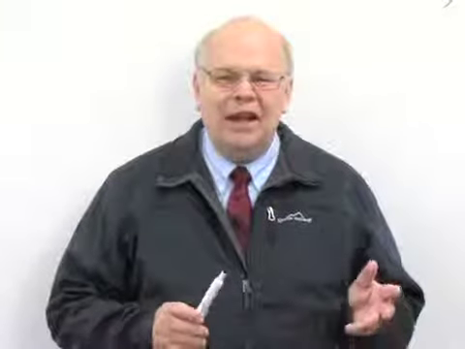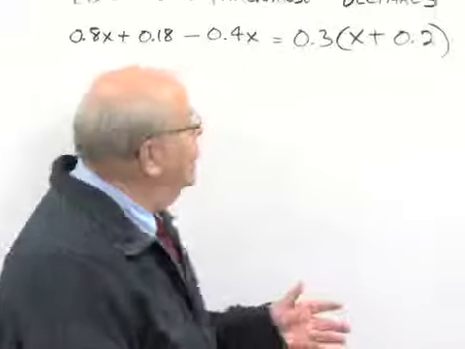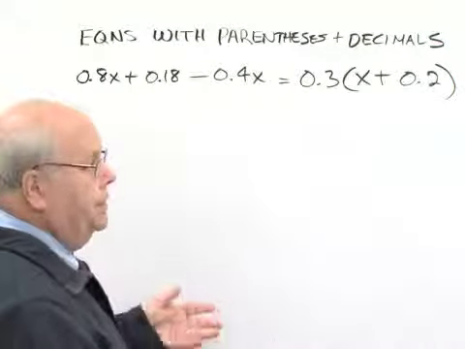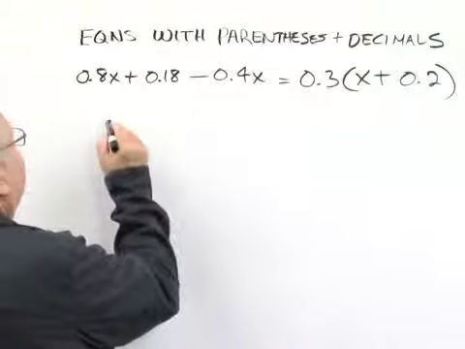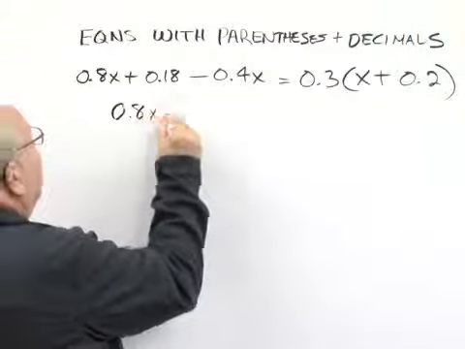Now we have to be very careful in these first couple of steps, so watch carefully as I do everything. Let's see if we can get an equivalent equation that's a lot simpler to work with. We see our equation has decimals and parentheses. Our helpful hint reminded us to first remove the parentheses. So we're just going to keep the equation the way it was